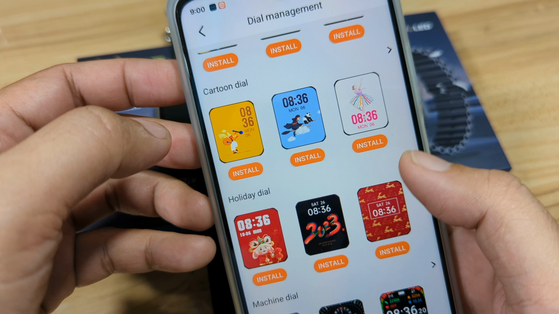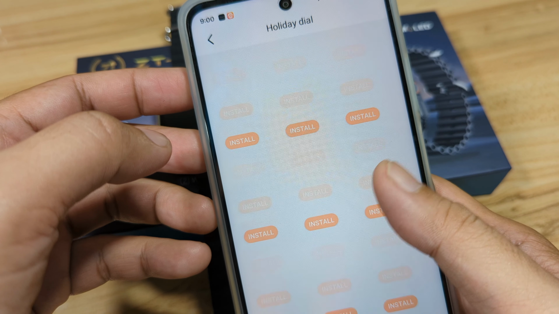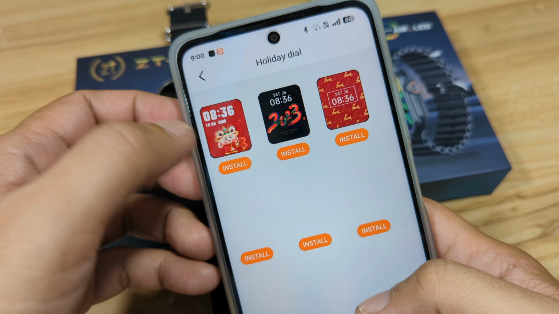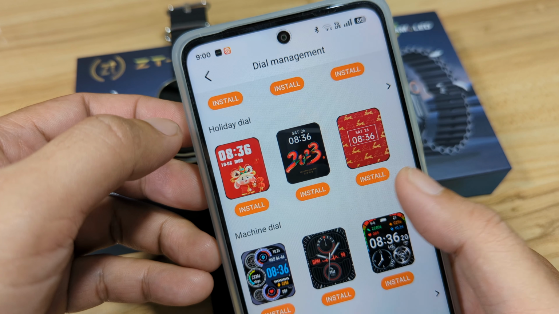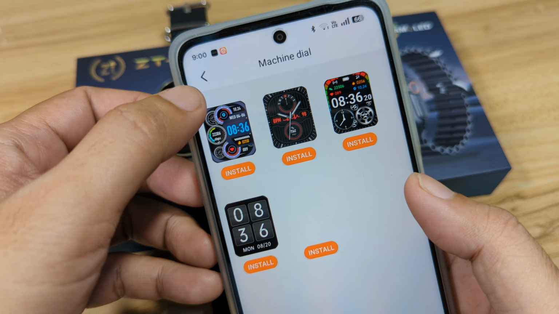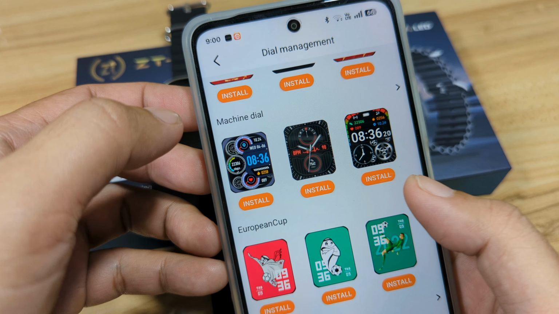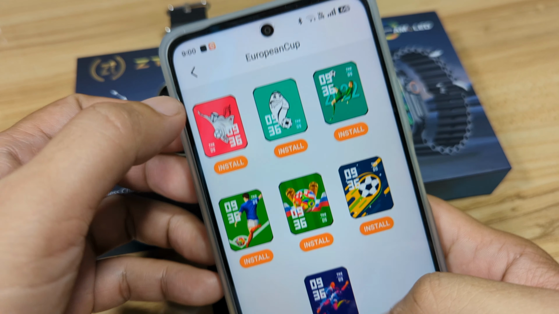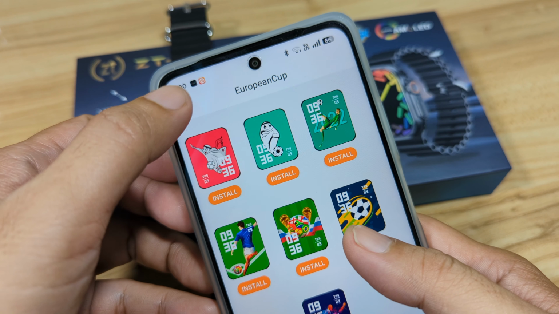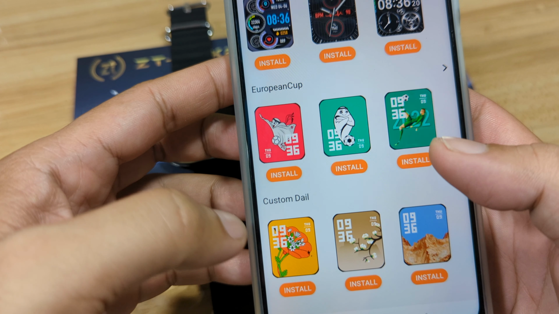Then we have the holiday. Did not load. Maybe more of a Christmas theme or Valentine theme watch faces. And we have the machine dial. Few options. We have the European cup, so more of a sports theme. And we have a custom dial.